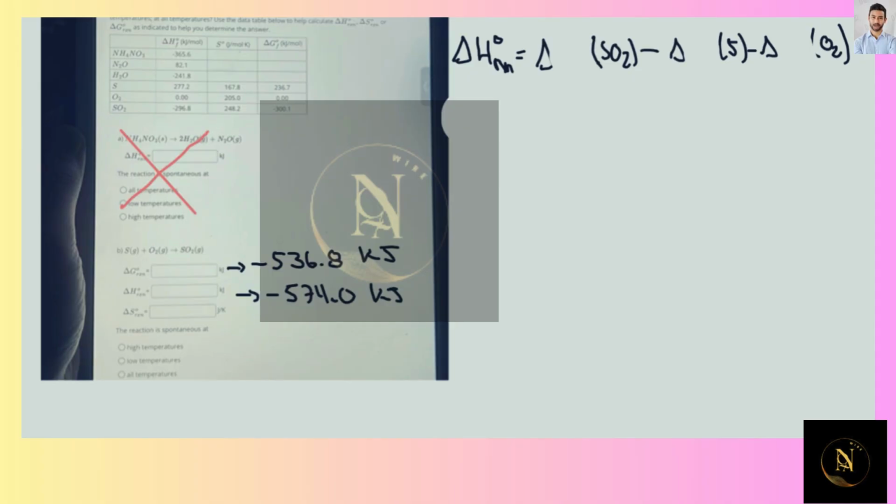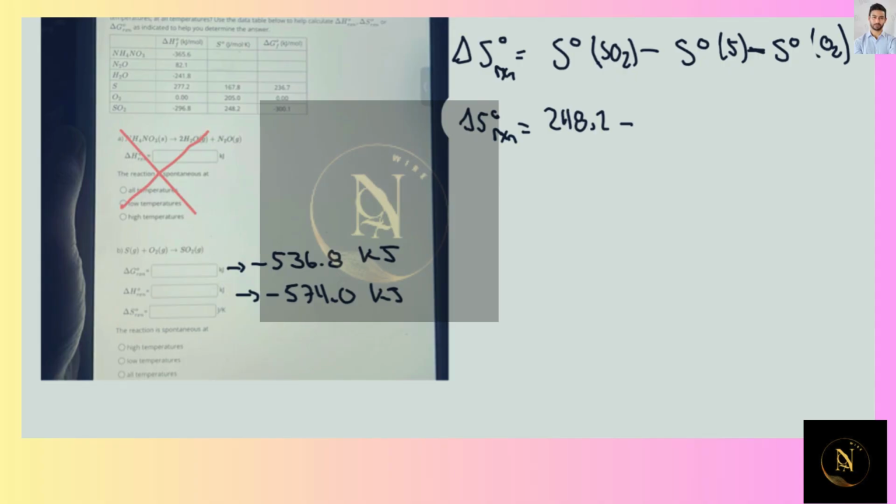Now we're going to have the value for S naught, the standard entropy for SO2 minus the standard entropy for sulfur minus the standard entropy for oxygen. And of course, here would be the change of delta S for my reaction. So now delta S standard for the reaction would be equal to